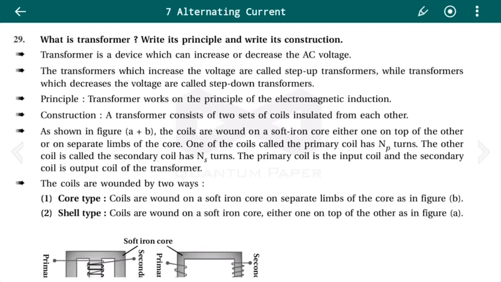The same is true the other way. That is, if there is a low voltage and we desire the high voltage, then we can use the transformer to convert that low voltage into high voltage. So in short, we can say that a transformer is a device that will be giving us the desired voltage. So there are two types of transformers. A step-up transformer is the type of transformer which will be increasing the voltage, and a step-down transformer is the type of transformer that will be decreasing the voltage.